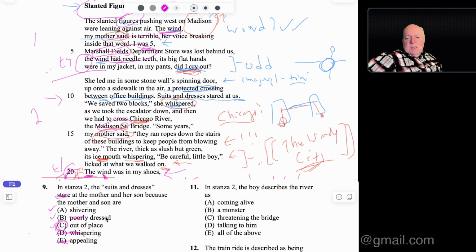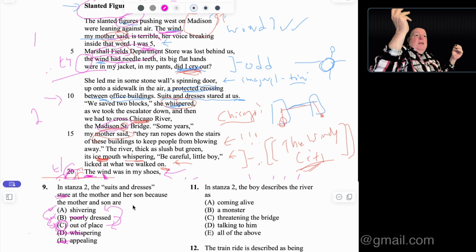Okay? And there's an argument to say that even if they were poorly dressed, they were out of place. So B, if you will, is a sub-piece of C. You could also flip that and say because they were poorly dressed, they were out of place. But the better answer is they were out of place because they were poorly dressed. And they were out of place, and this one's a little weaker, because they were shivering, right? Imagine they're walking through, or maybe they stood in the hallway for a minute just to warm up before they went back outside. So B definitely gets subsumed by A. A doesn't really quite get subsumed by C, but we can give that argument there.